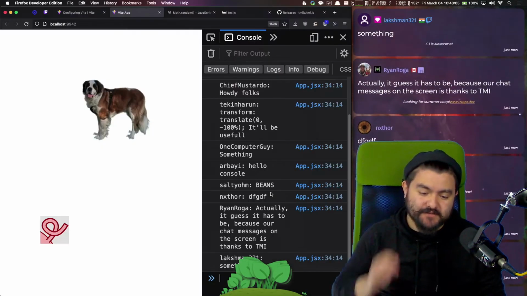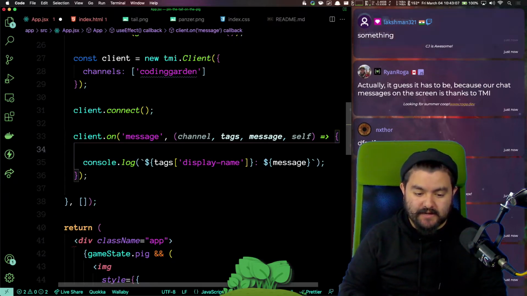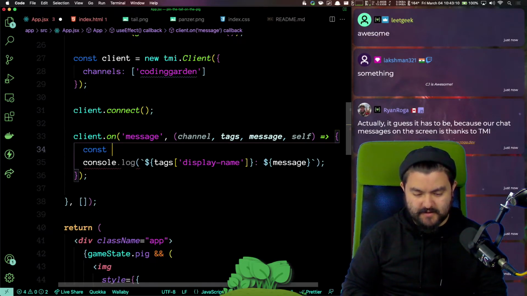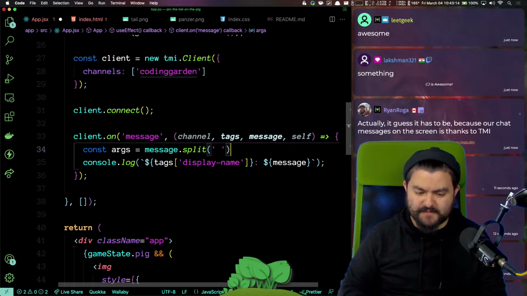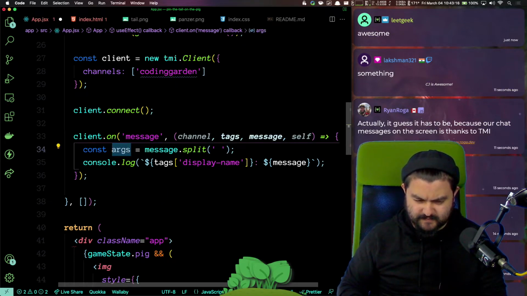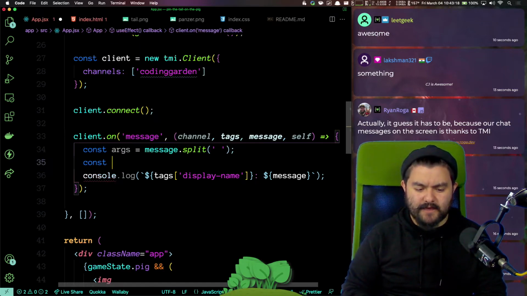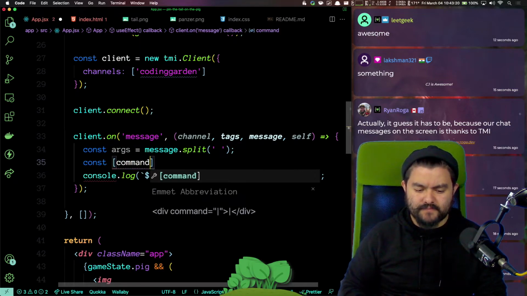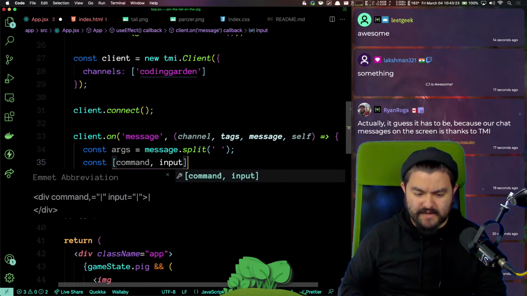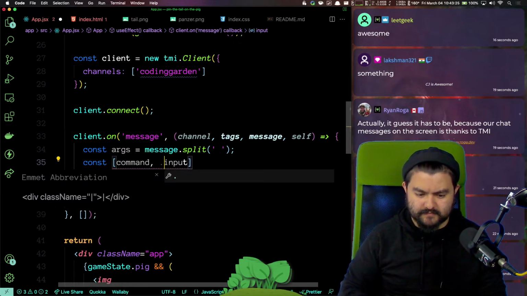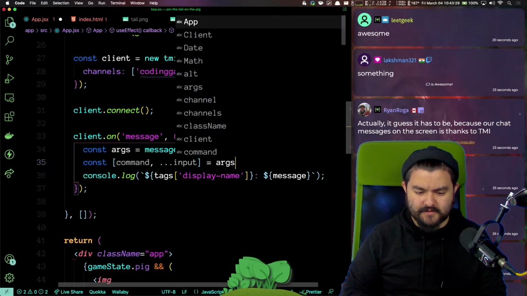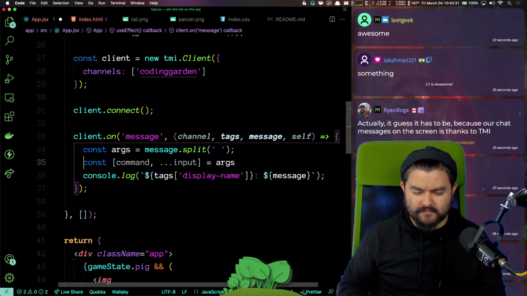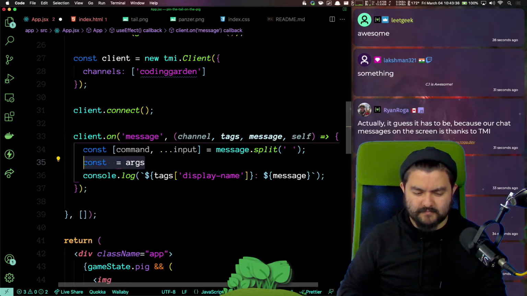So we'll do some actual validation here. So we'll say the args is message.split on spaces. And the command and its input is args, like this.